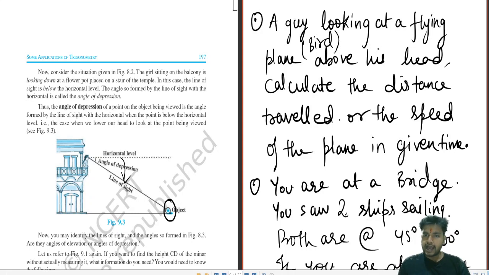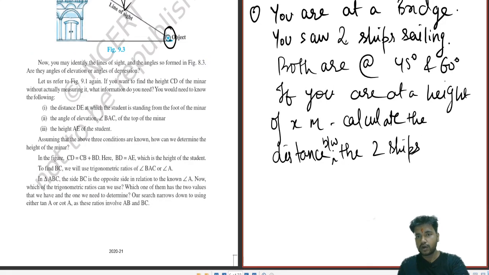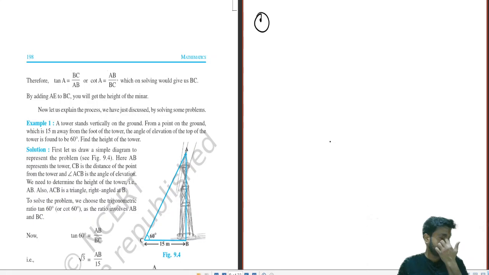Okay, and over here also they can give two types of concepts. One ship is sailing over here, you are standing over here on a bridge, the ship comes over here. At how much time will it come? If you have been given the data, you can do it that way also. Okay, there are many types of sums that arrive over here.